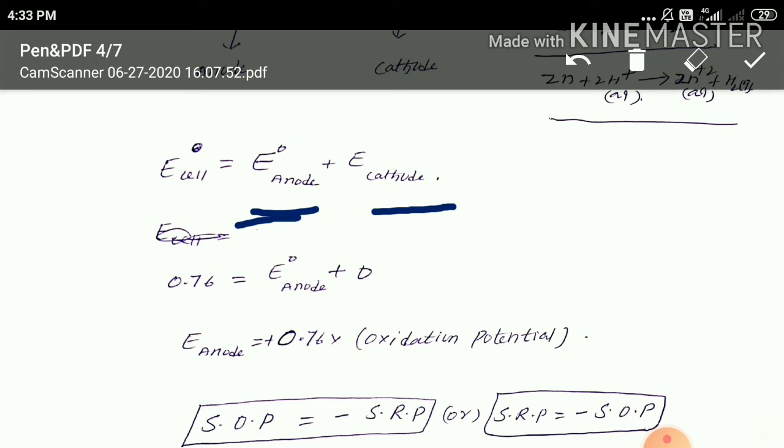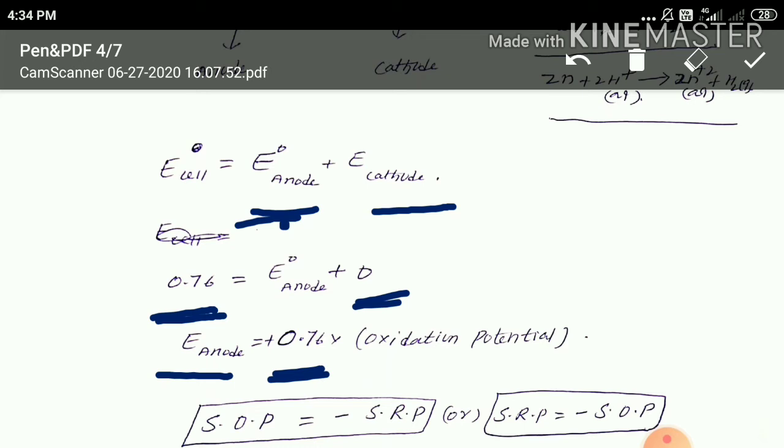So here I am taking the oxidation potential value of anode and oxidation potential value of cathode. The overall EMF value of the cell is equal to 0.76. I already know the oxidation potential value of the cathode, that is the hydrogen electrode, that is 0. So now the oxidation potential value of anode is equal to